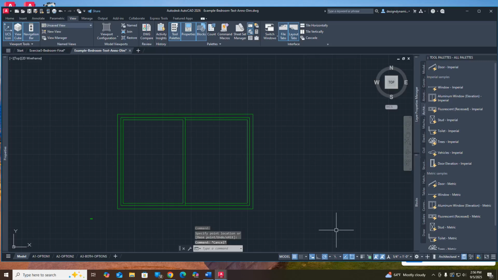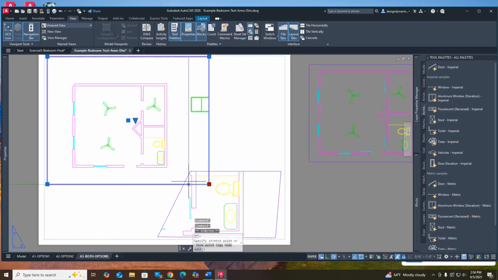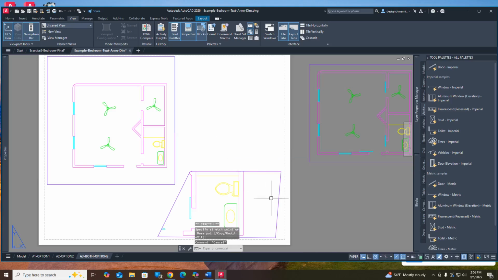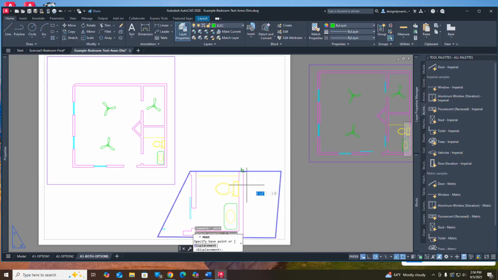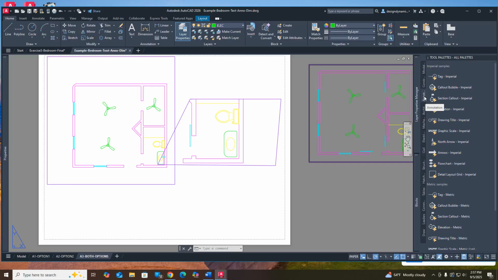But what I also wanted to show you is another one. I'm going to go to my layout that we've been using with this drawing. Let's bring this in so we don't actually see that little window. And maybe I wanted to move this drawing up so it was even with this one. But I also want to show you what I use all the time, which is on the annotative tab. And I do use imperial because we're here in the US compared to metric, but they do have both of them,